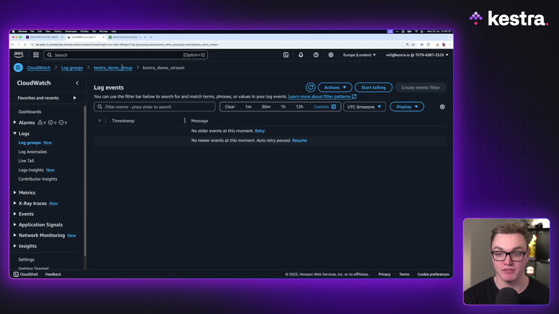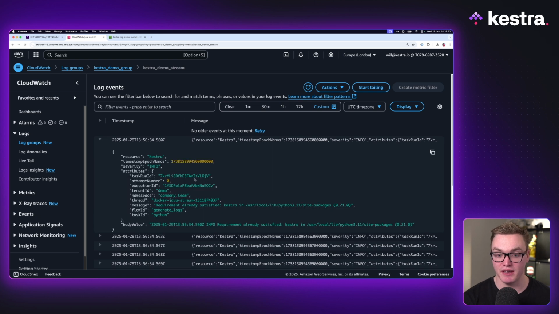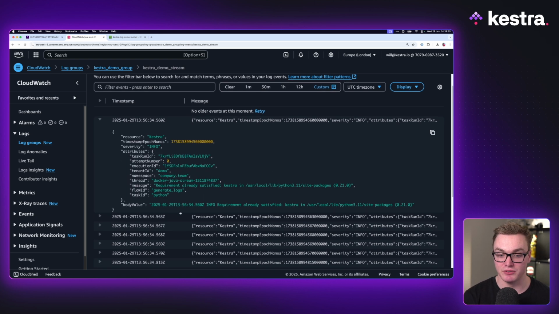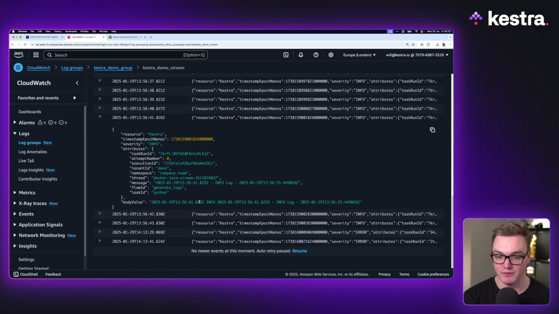And now if I give this a refresh, we'll see that we'll be able to view our logs directly inside of here. And so here I can see that these are some of the logs that were generated. We can see that all of these are from various different things. So if you're someone who wants to store your logs inside of an external monitoring platform such as CloudWatch, then